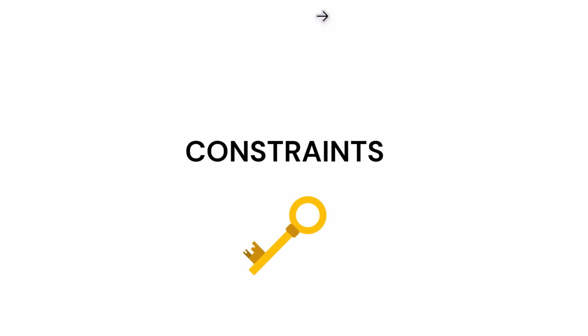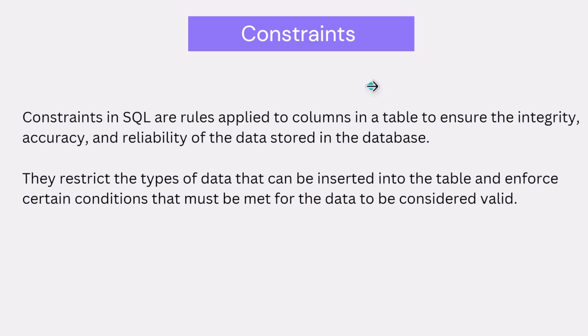Now let's quickly look at what is called a constraint in PostgreSQL, or in SQL generally. Constraints in SQL are rules which we usually apply to columns. That means we apply constraints whenever we are creating tables, columns, and databases, all right? So they are applied to columns in a table to ensure the data integrity, accuracy, and reliability of the data stored